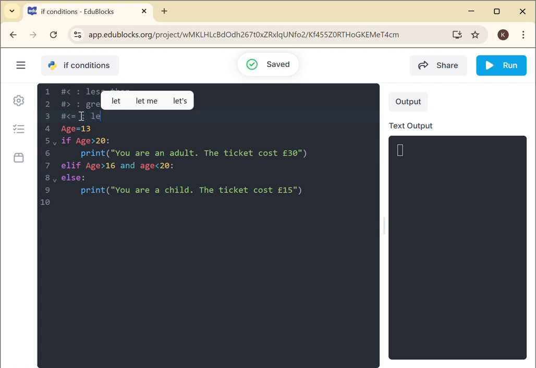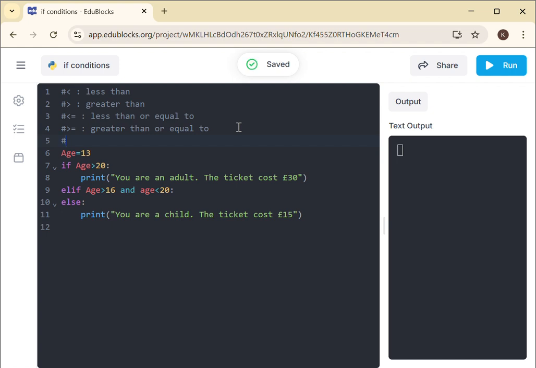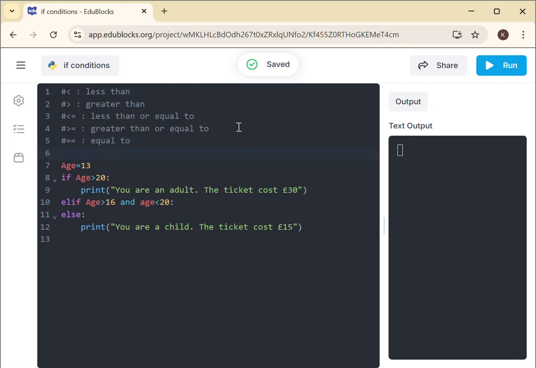That's equal to less than or equal to, and then we also have the same thing here, which is greater than, so this would be greater than or equal to, this is equal to, that equal to, and finally we have this, which is not equal to. So yeah,